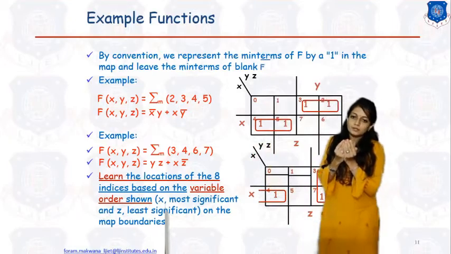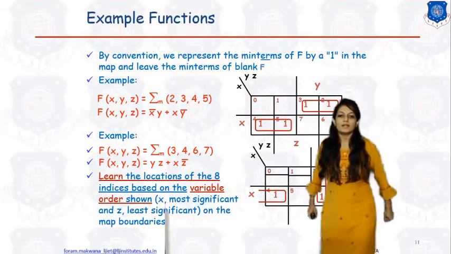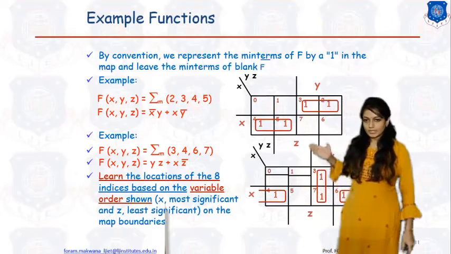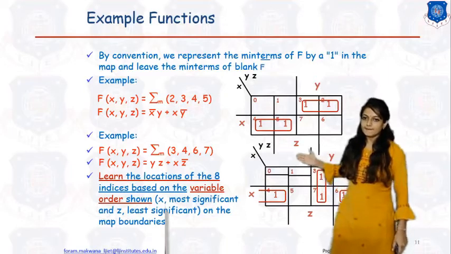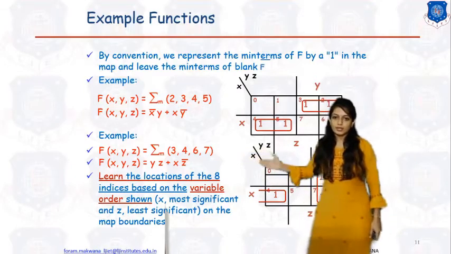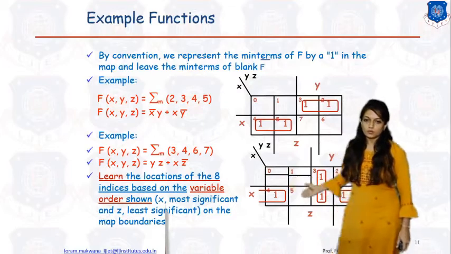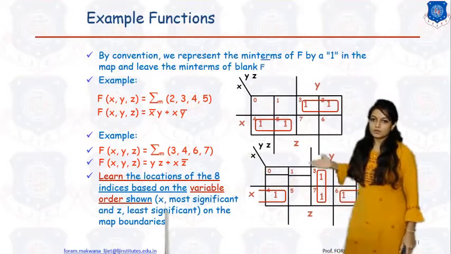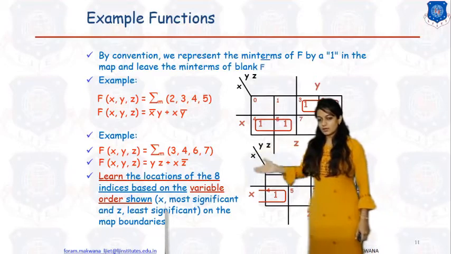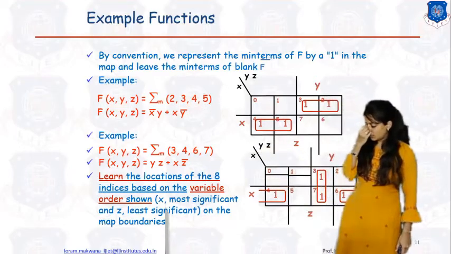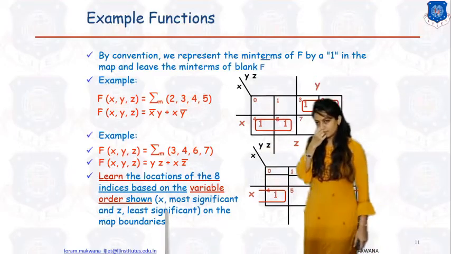Alright? So what you will get at the end of the simplification is the first group. So what is common? Common is yz. And for this group, what is common? For row wise, x is common, and for the column wise, z bar is common. This is the answer of simplification of these 2 examples. Alright.